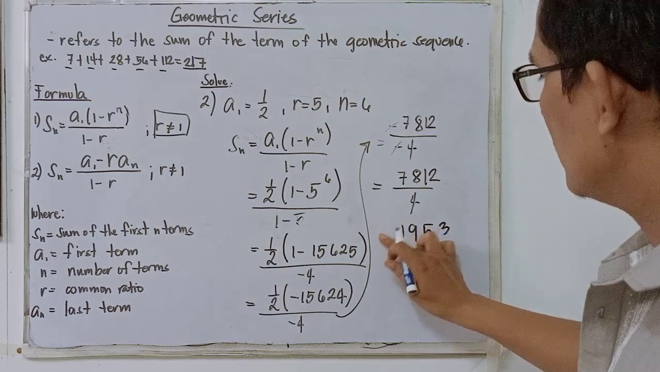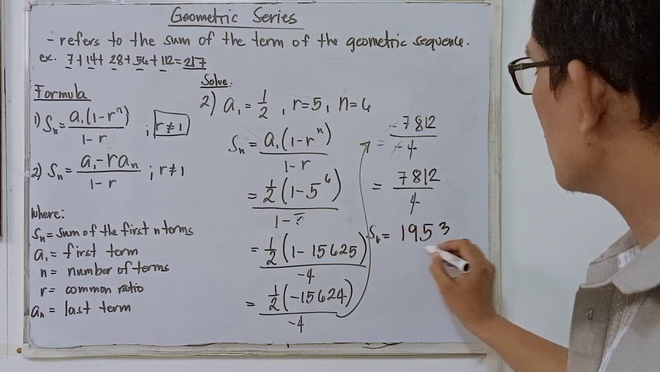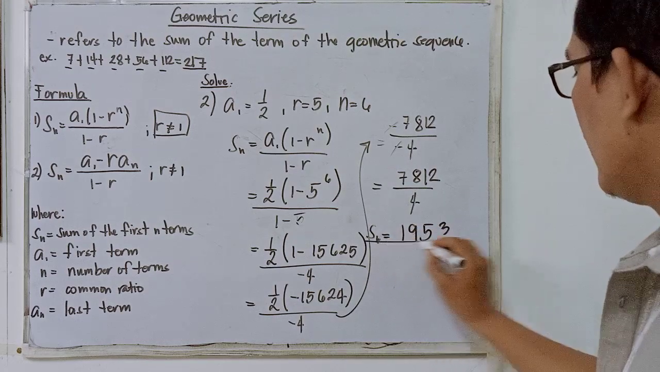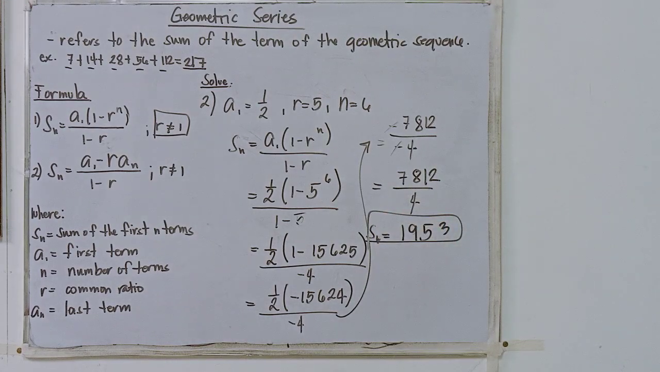So therefore, the sum of our 6 terms is 1,953. So as simple as that. Since you have your calculators with you, you can use a calculator to simplify since these are very large numbers. So that is the first type of geometric sum or geometric series, and